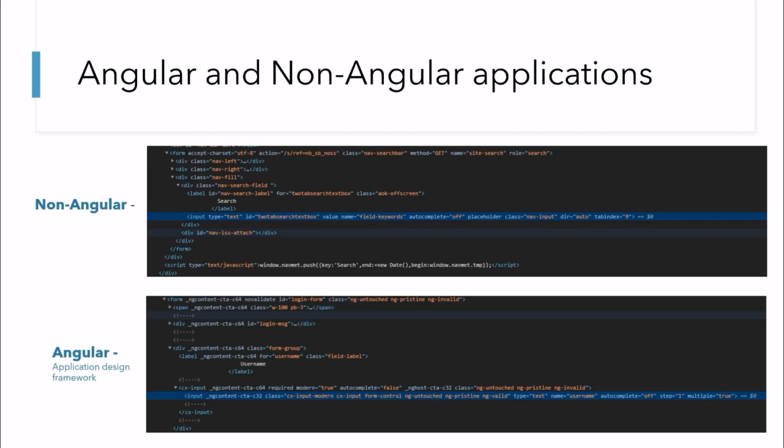applications. So non-Angular application is a simple application that we all might have dealt with, right? Whereas an Angular application is an application where the DOM of the element or the element present in the DOM have a new attribute denoted by ng tag. So in the second screenshot, we can see that the attributes are having an ng tag. And this is how we get to know that this is an Angular application.